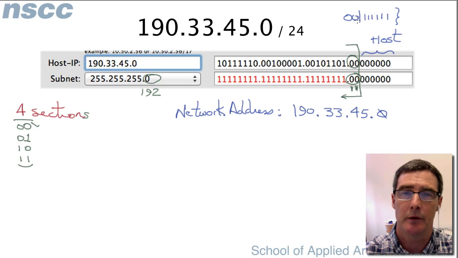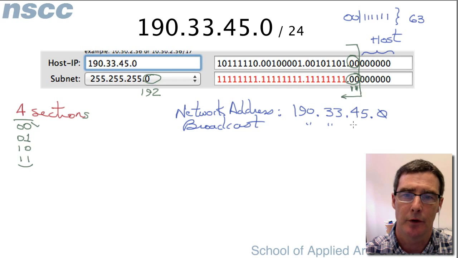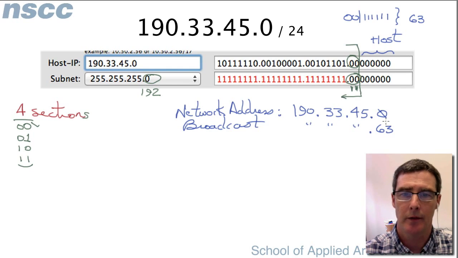Let's see, this is 63. So our broadcast address is 190.33.45.63. Now that means any of these numbers in between here, that is from 1 to 62, can be assigned